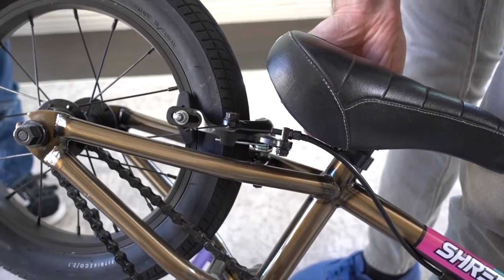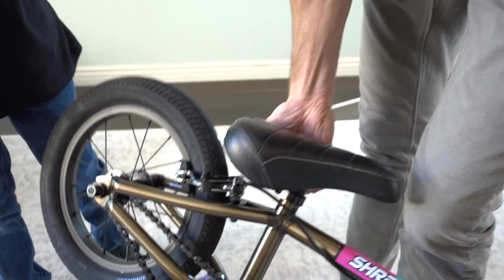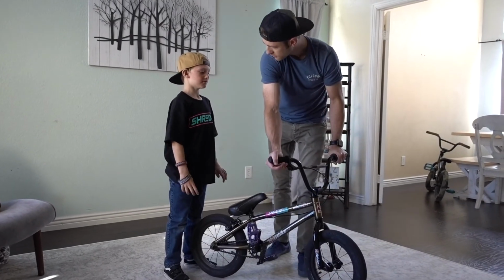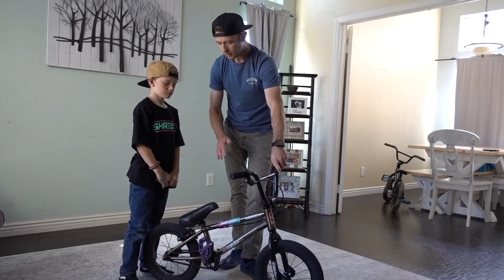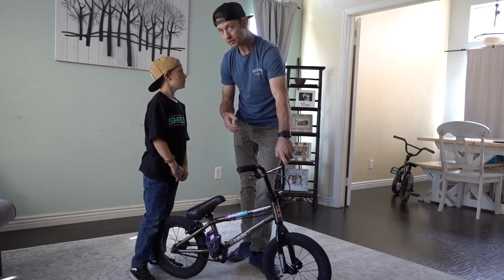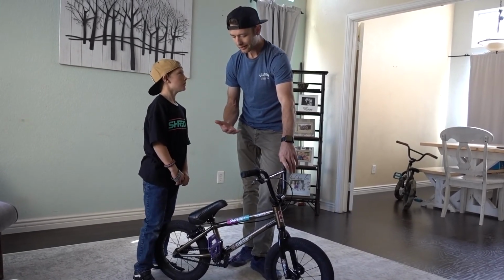We are going to probably remove these though, just because Connor likes to ride brakeless. If you do a lot of dirt jumps, then you won't. Right, so if you're doing a lot of dirt jumping, you should have your brakes on there. Connor's probably going to be using a 16-inch more for the dirt jumps, which has U-brakes, which are a little